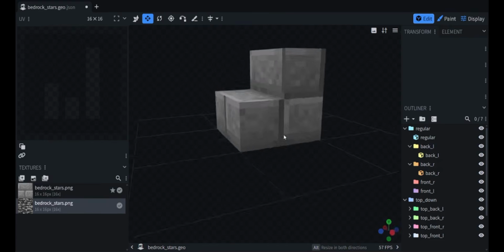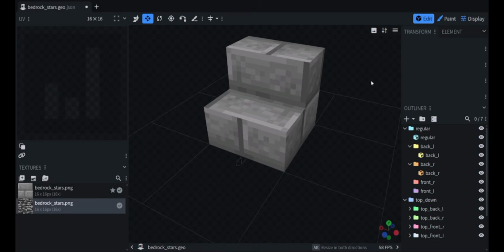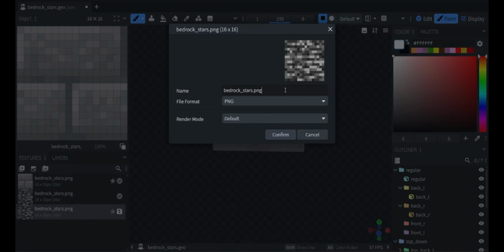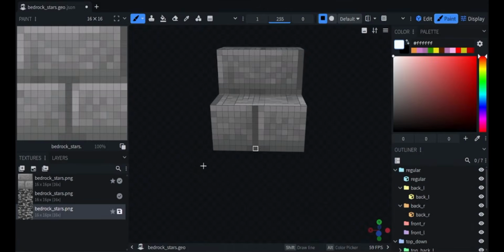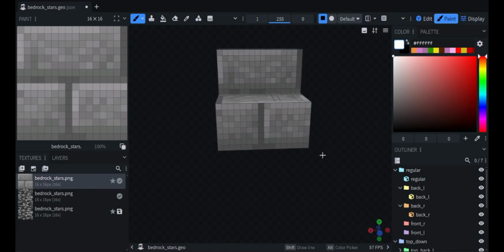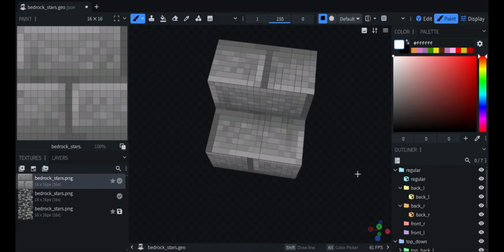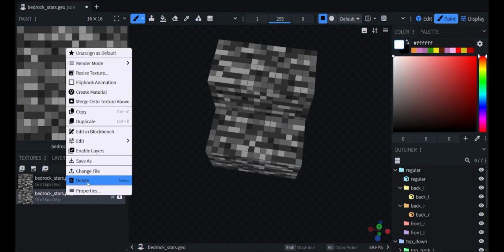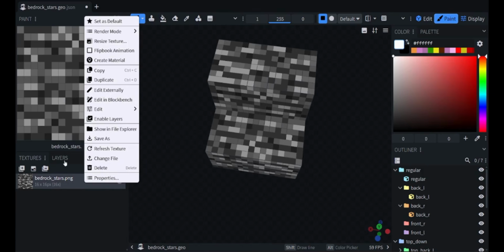That has deleted the front bits for us. So now we need to go into Paint. But we copied it, so Control V. Confirm. So now we've got these textures. I think what I'll do is I'll quickly show you this in one of the later videos, but if we delete this, and this one,